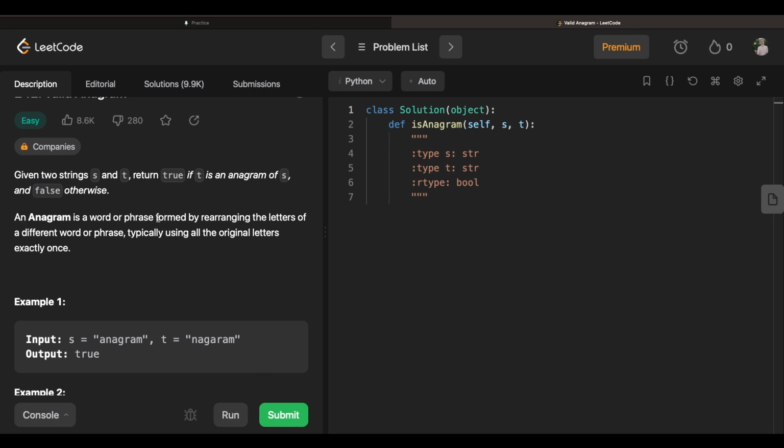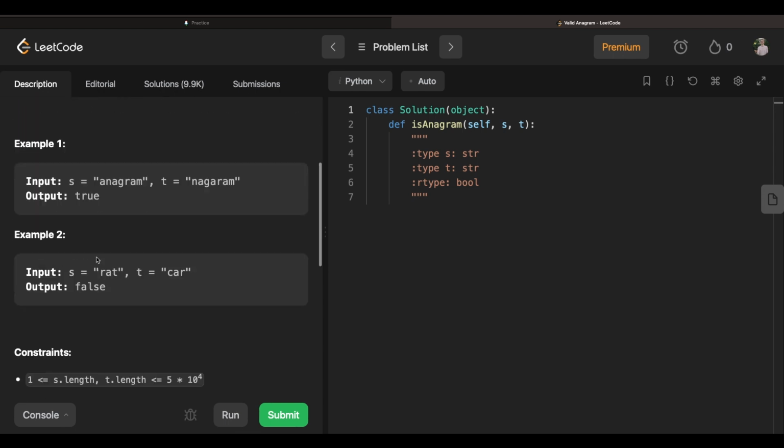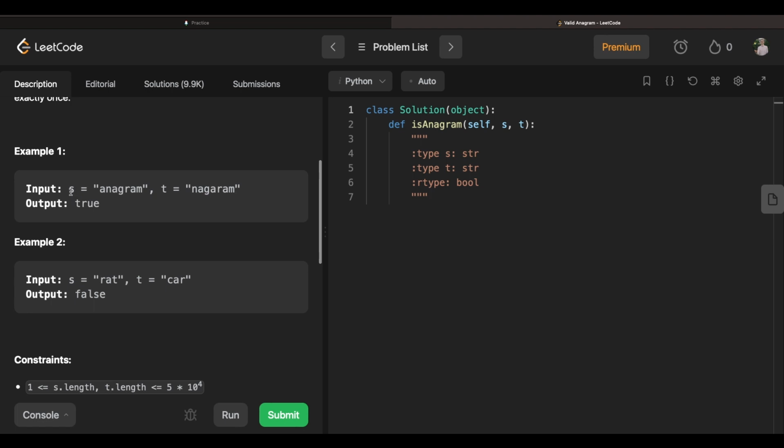An anagram is a word or phrase formed by rearranging the letters of a different word or phrase, typically using all the original letters exactly once. So let's see what they mean by this. If we're given S is the word anagram, and T is nagaram, which is anagram, A-N-A-G-R-A-M. These two words are obviously different, but they're composed of the same letters, so